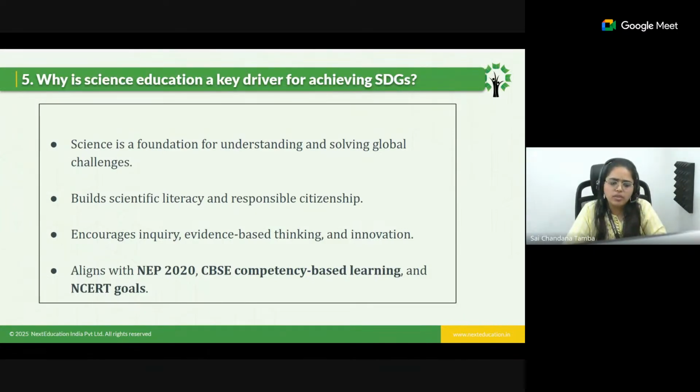Because you can see there are various chapters across science which deal with health, which deal with food, which deal with topics like energy, as we have seen earlier. So there are plenty of SDGs you can see which get mapped with science subjects, so it gives a foundation for understanding those global challenges. Then it builds scientific literacy and responsible citizenship as well, because when you talk about these issues to the students, they will feel a kind of responsibility towards the nation, towards the globe, and that will build responsible citizenship within them. It encourages inquiry, evidence-based thinking and innovation, because when you tell students to search on their own,